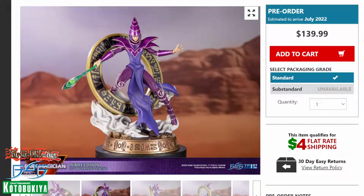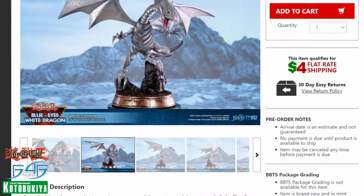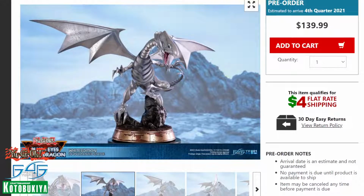So pretty cool on that one. Next, below that, is the Blue Eyes White Dragon. Another very iconic and sentimental character that I have, since Seto Kaiba is one of my favorite characters. Yes, you could say he's the jerk of the Yugi TV show, because he's not really nice most of the time. But Blue Eyes was one of my favorite